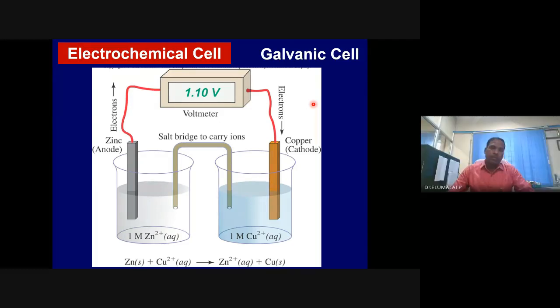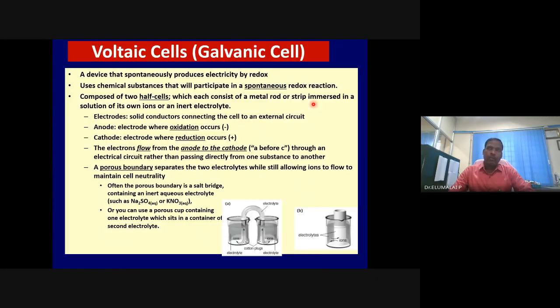So this is the basic schematic view of a galvanic cell or electrochemical cell, which has three components we have talked about. Today we will see how this 1.1 voltage comes. Some of you may know this, so those who know, please pardon me. For others, you can follow. So these are the characteristics.